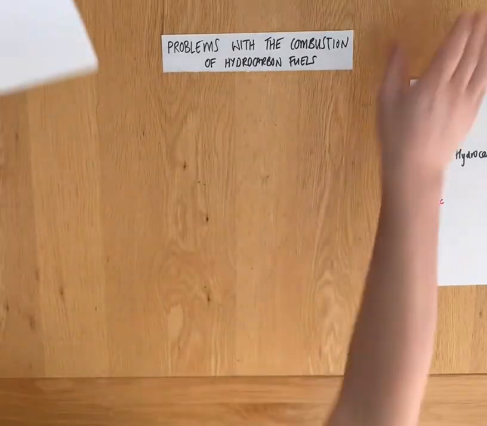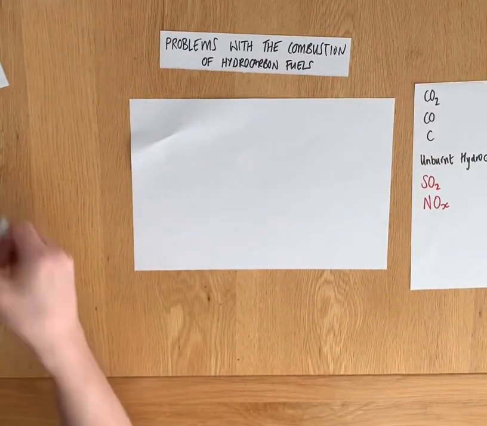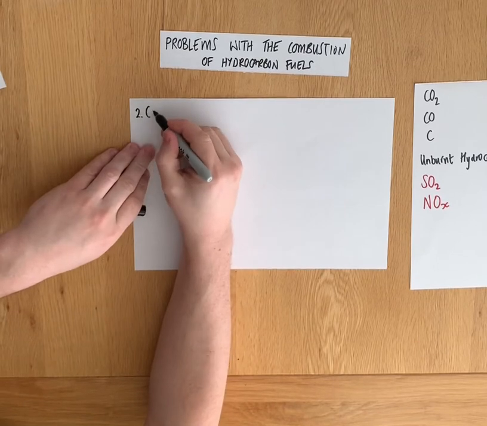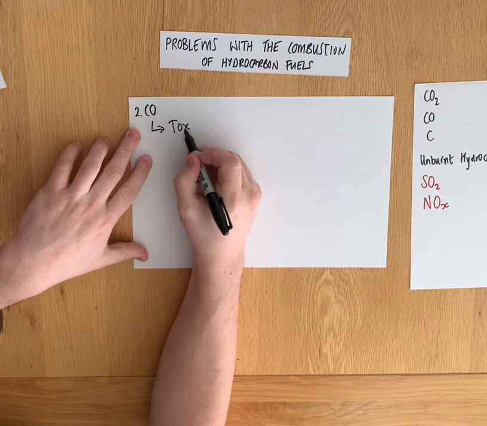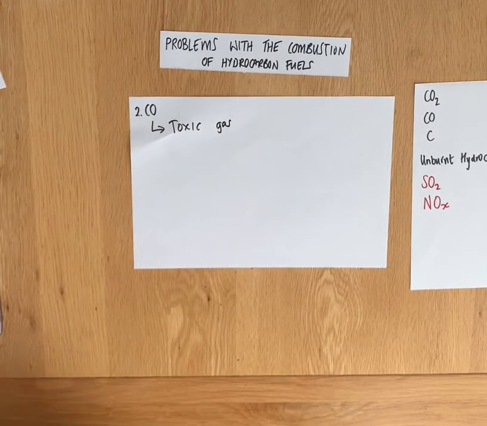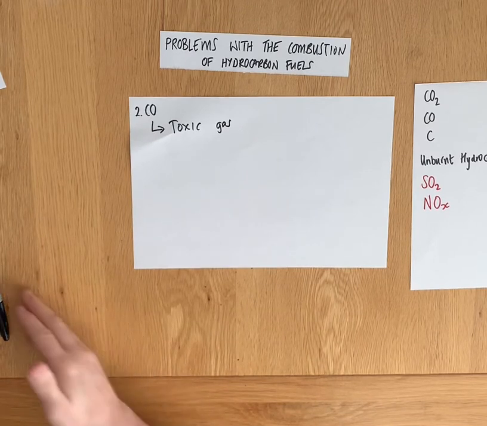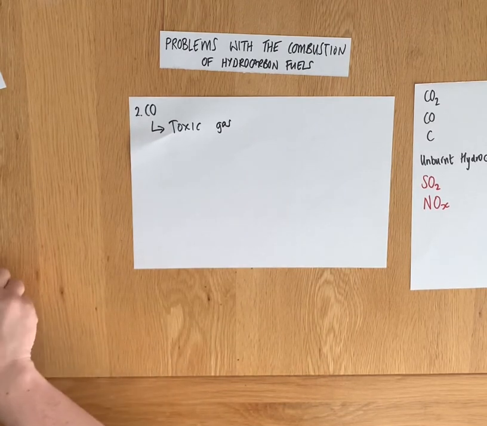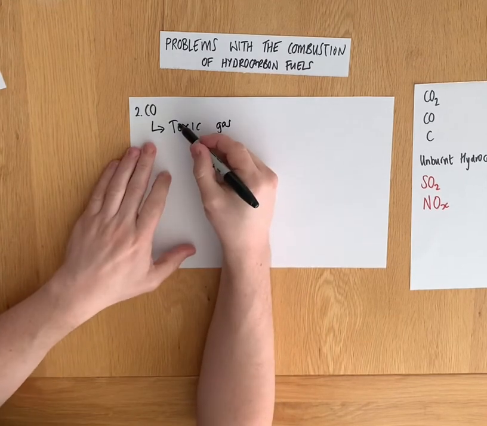Right, number 2, carbon monoxide. So if incomplete combustion takes place, carbon monoxide can be produced. Now, carbon monoxide is a toxic gas. You can't smell it, you can't taste it, you can't see it, it's colourless. But the most important factor that we need to know about is that it's toxic. Toxic means it will kill you, or it can kill you. The method, or the modus operandi, whatever you want to say, the way that it kills you,